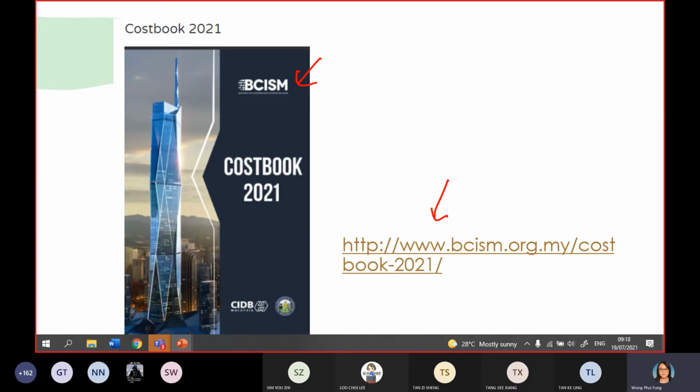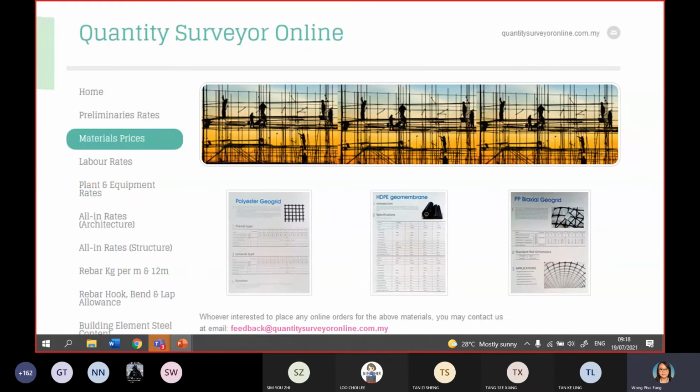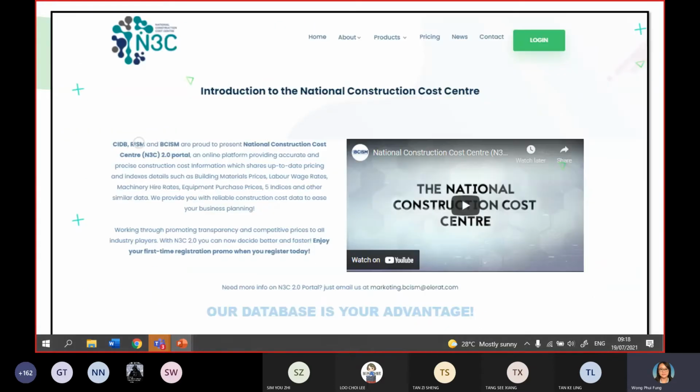Okay. And of course, another website is QS Online. Under this platform, you can also get some costs for your material, your labor, plant and equipment, and also some of the major material costs like rebar. Okay. And another database will be by